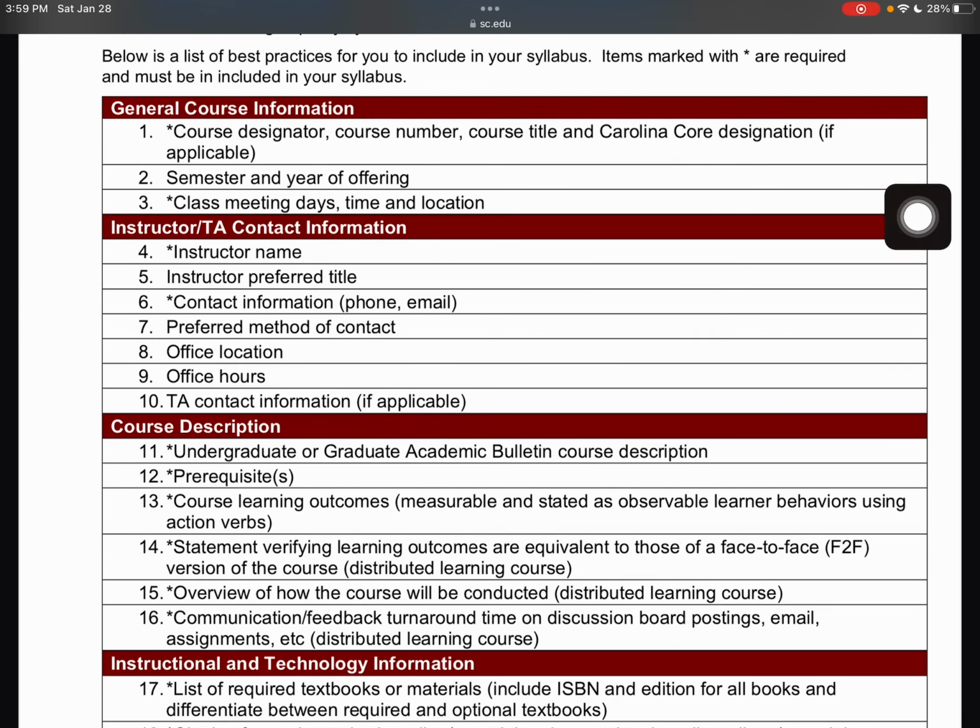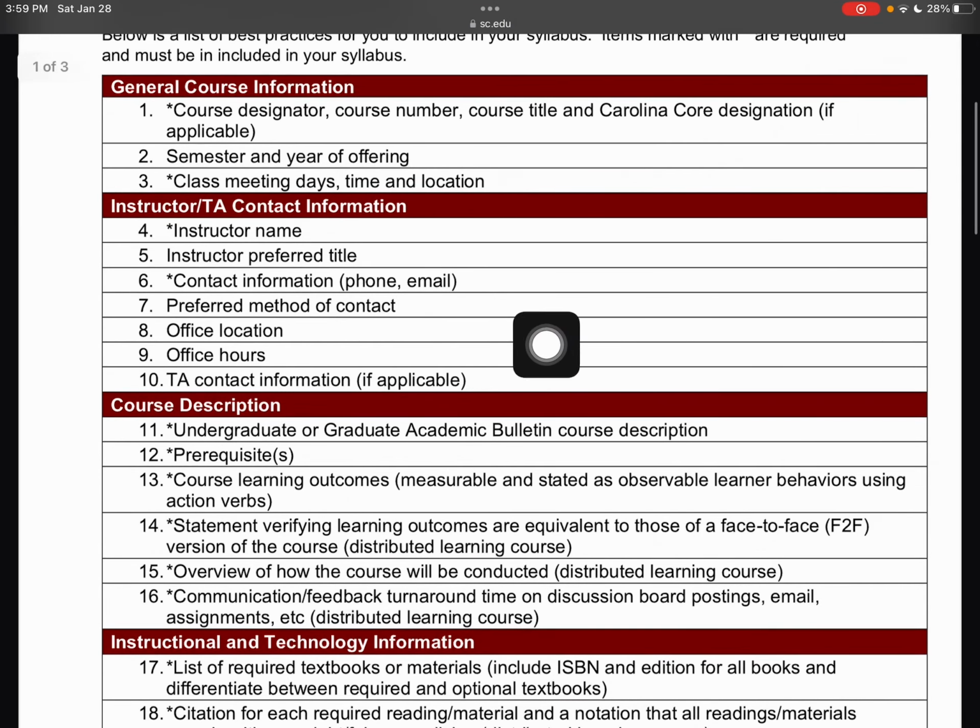If you have a TA, it's really great to put their information in here, and also on the, in this case, Blackboard page as well. So here you can see the things that are absolutely required. You have to have your name, you have to have contact information, but specifically what you put in terms of,